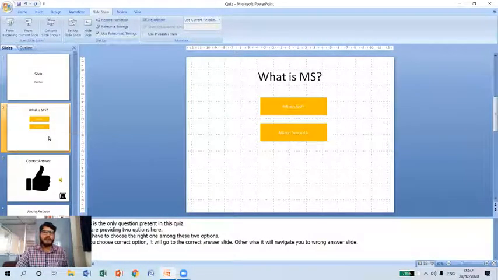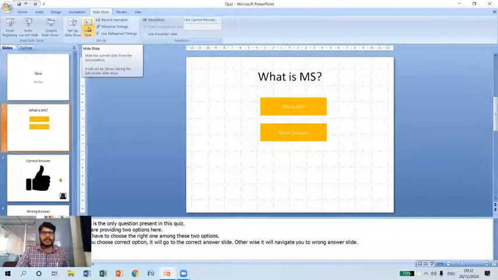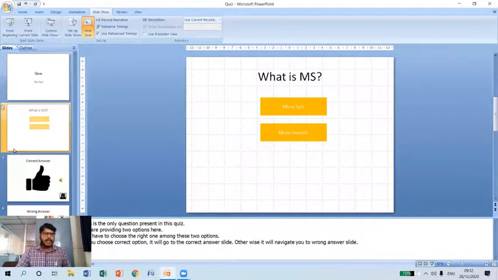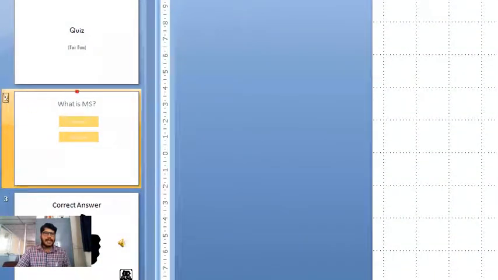So now I'm going to select the second slide, which is nothing but the question slide, and I'm going to click on the hide slide option so that it will be hidden. As you can observe here, in the slides panel, the second slide has been hidden now, as you can see from this particular symbol. This particular slide will not display during the slideshow. So this is how we can hide a particular slide. Remember that we are not going to delete the slide; instead of deleting, we are simply hiding the slide in the presentation show.